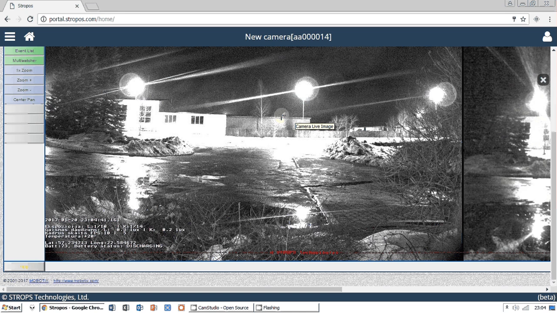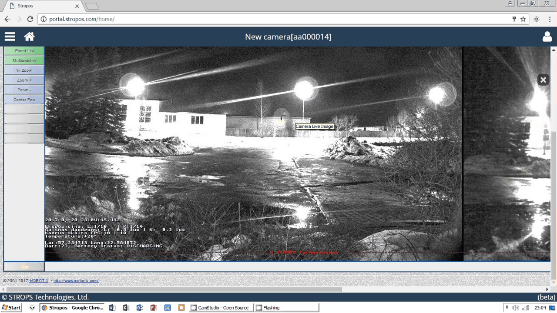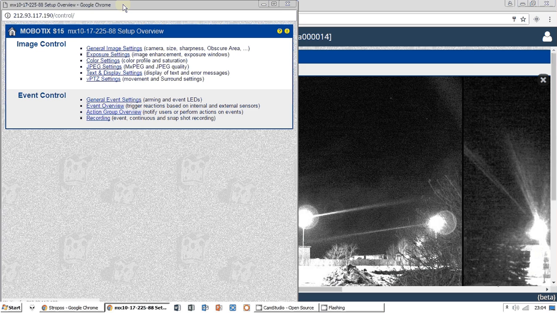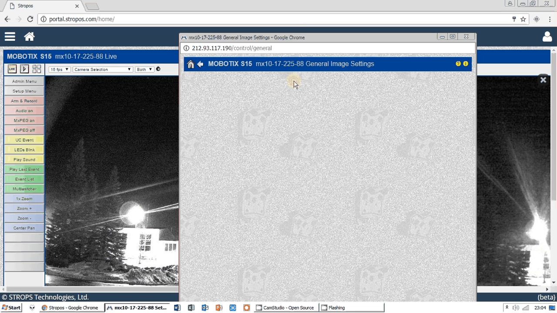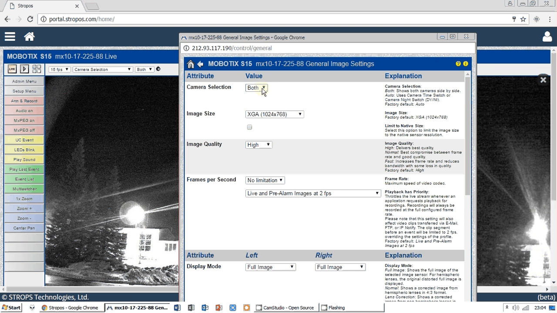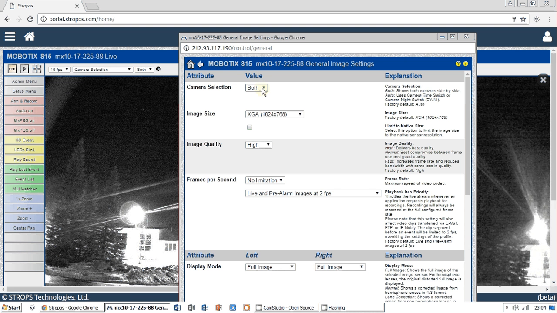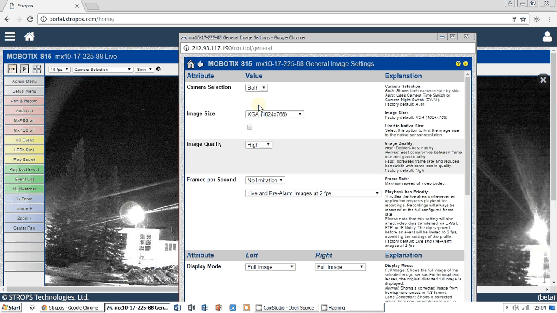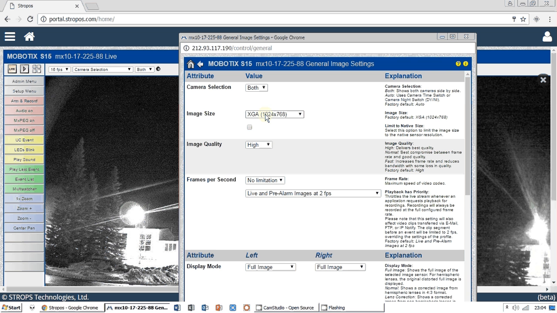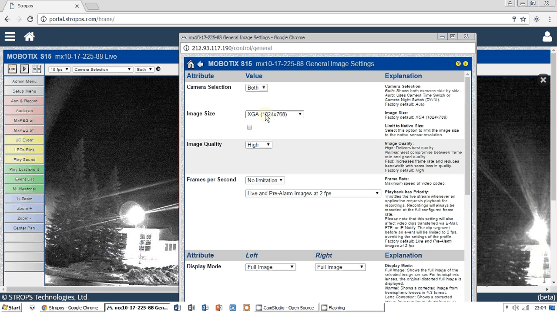Basically, in different places, you need to do reconfiguration for this camera. First of all, what I do is general image settings. Let's leave camera selection for both lenses. We need both lenses, like one with wide angle and one short angle. And normally what I do, this is a recommendation, to get the best performance and better